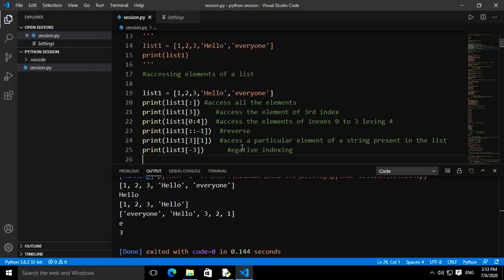In these commands, we are just accessing the elements of a list in different ways. The first command says print list 1. This is a function. Print list 1 and these colons, what it will do is access all the elements at a go. Our first output gave us the whole list. The second code is saying print list 1 third element. Before this